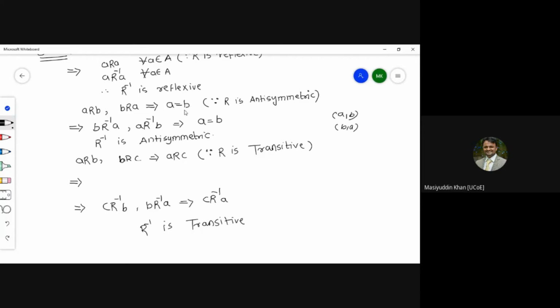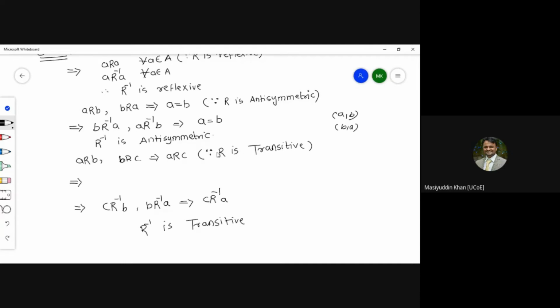The main condition is A equal to B. So we got A B related to A related to B in inverse. So that we again got A equal to B or B equal to A. Now in transitive, A related to B, B related to C, this implies A related to C for transitive.